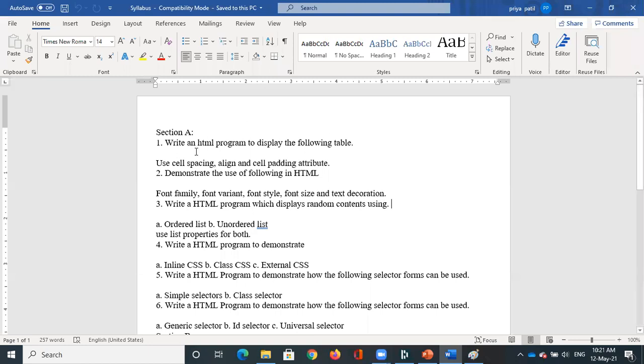So now coming to this, we have section A, very simple programs. The programs are very, very simple, and learning is also very simple because it doesn't include much of the logical things. We are not having logical concepts in this. Just how you can display the elements, or how you can modify those things, is all included. So we have these 6 programs, all related basically to HTML and CSS.